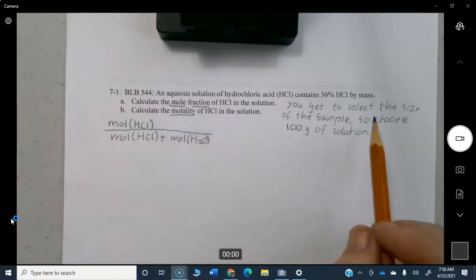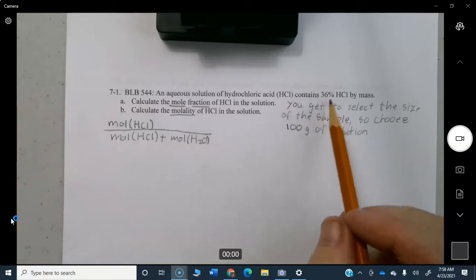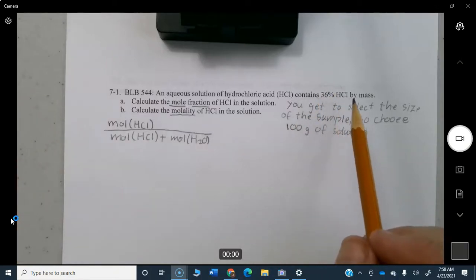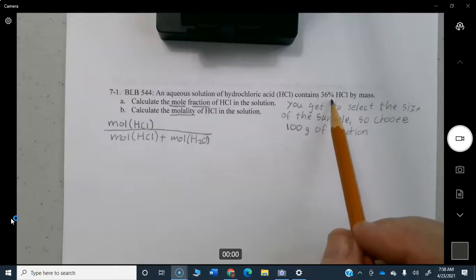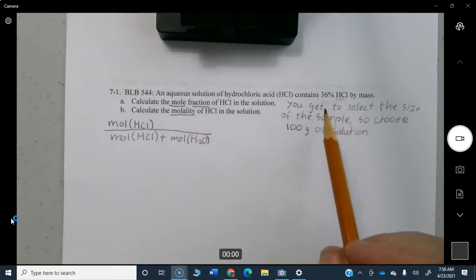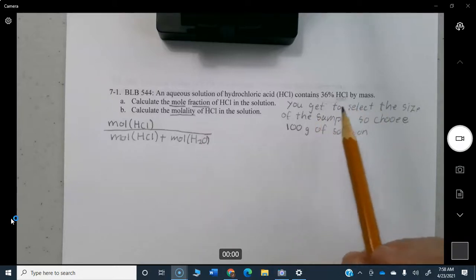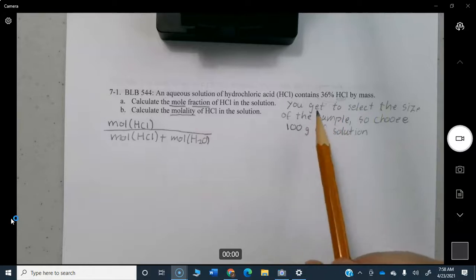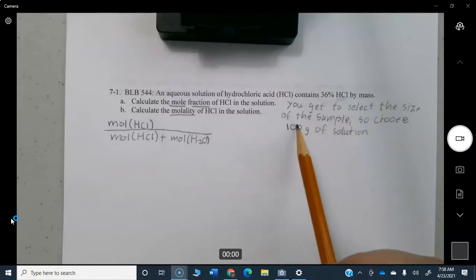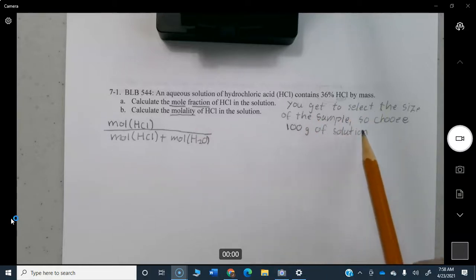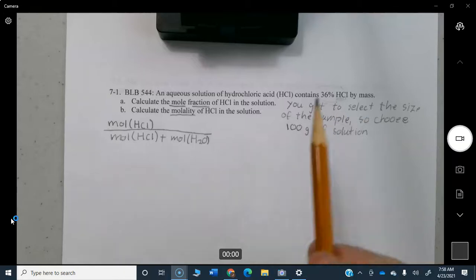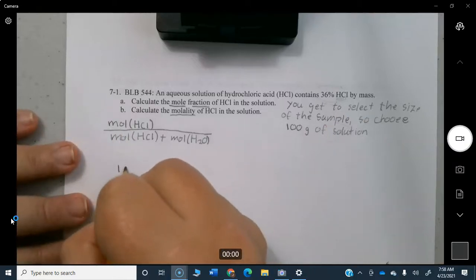Okay, so you get to select the size of the sample. All it's telling you is that 36% by mass, by number of grams, of the solution has to be your solute. So you get to choose how big the sample size is. So what you're always going to do is you select the size of the sample, you choose 100 grams of solution. All right, so that means if we have 100 grams of solution,